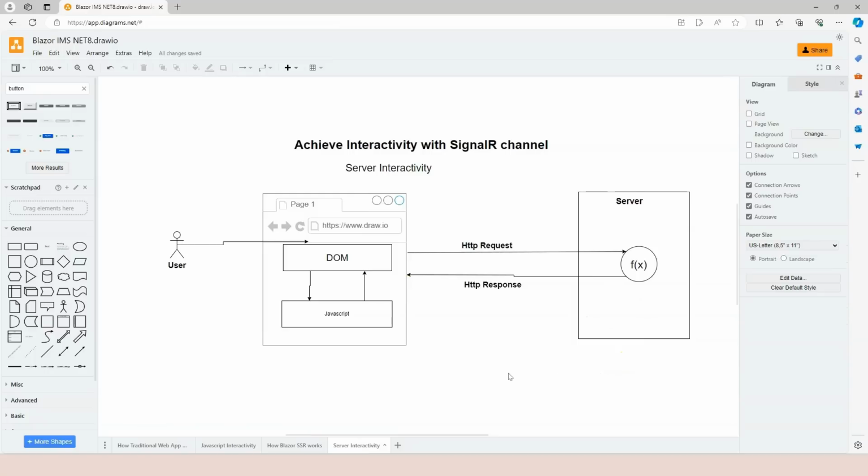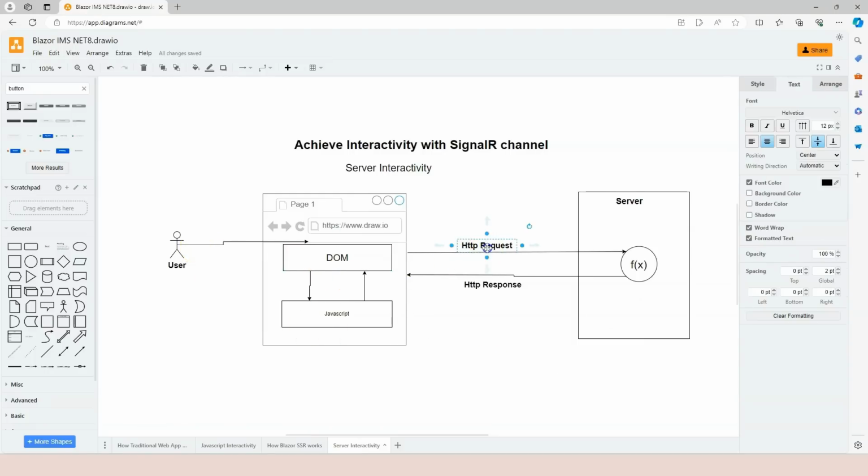All right. So when the user tries to go to a website, the first request and response will have to be there. You cannot get away from that. It is the first request and response is always full page load, right? There's no interactivity. There's just a request, goes to the server, processed, and the full HTML is rendered in the browser as DOM. After that, for achieving interactivity, Blazor framework, which is provided by Microsoft, it comes with a JavaScript